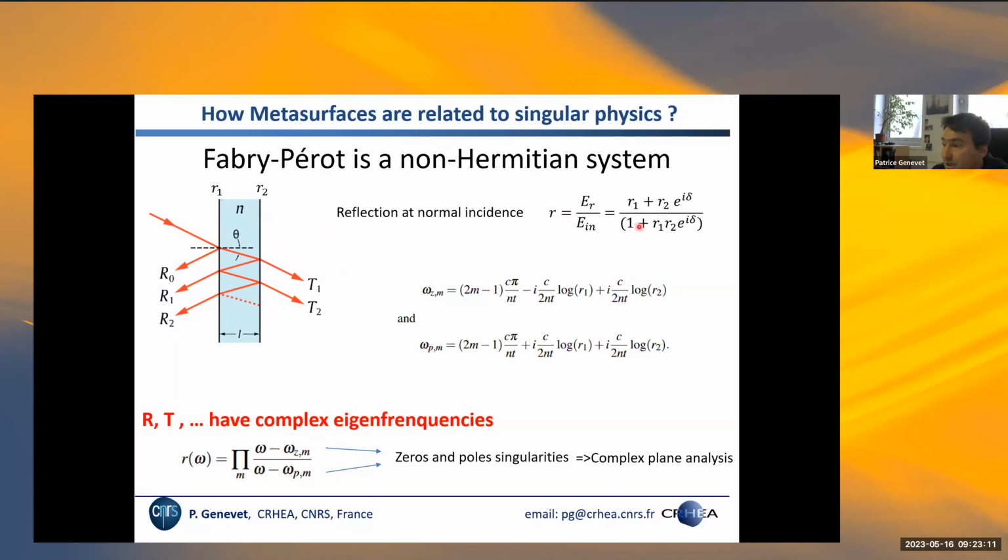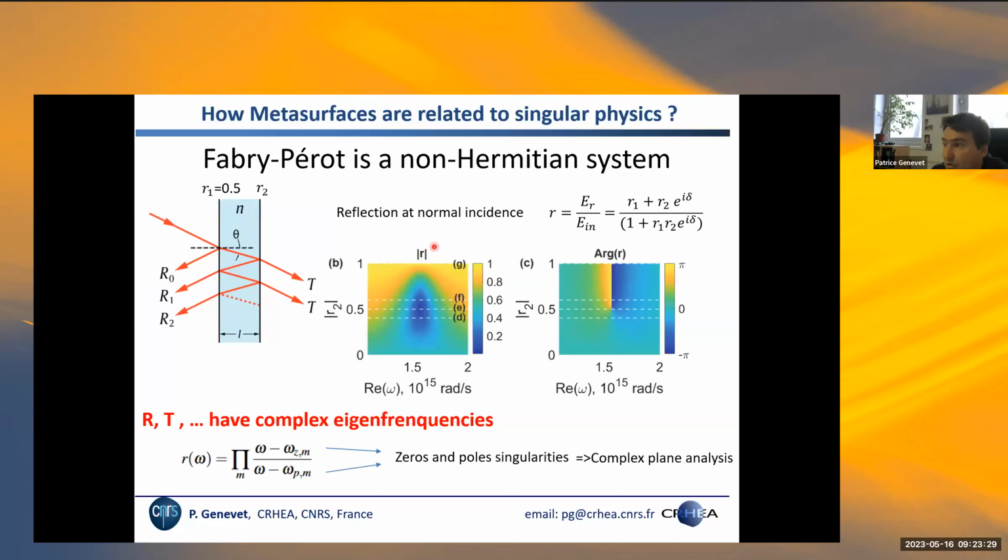So from this basic analysis, you immediately see that when the system is interacting with the environment, you have to study this problem in the complex frequency plane. But generally, when we actually send light into a device, we are sending real frequency, and we are studying, for example, and I show you here the reflection coefficient, amplitude, and phase, by sending a plane wave and measuring the actual reflection coefficient as a function of the frequency.